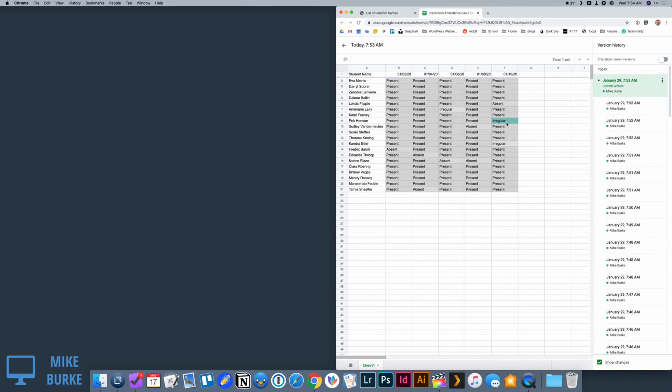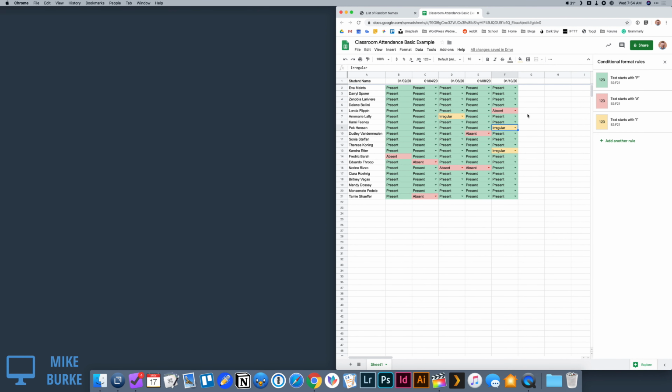So I don't have to mark in when the student left. I can just have this spreadsheet open during class and update their attendance status, and it'll track exactly when that student left. So hopefully this spreadsheet is a helpful way for you to save some time and effort and energy while still also producing professional data that is actionable.